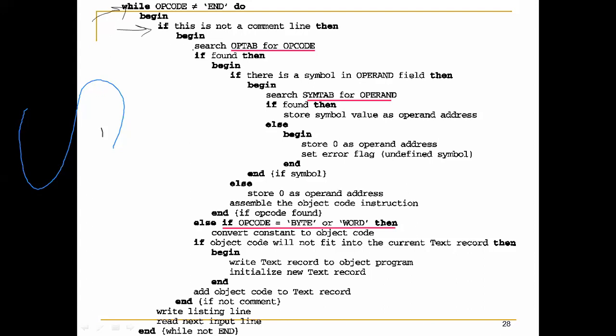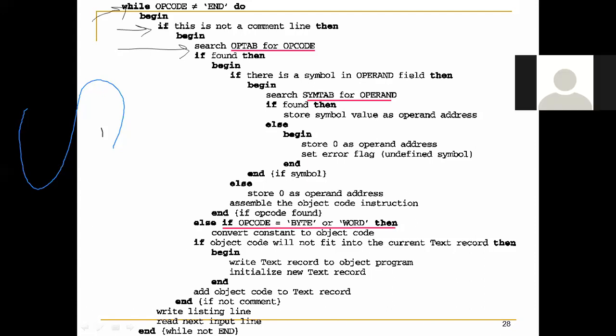I believe the majority of the time they will be eliminated during pass 1, but for being on the safer side, I kept this part. First we shall start by searching the optab for the opcode. We first need to perform the assembly, then write the assembled instruction into the text record. We have already written the T part, so the remaining part we are supposed to write.